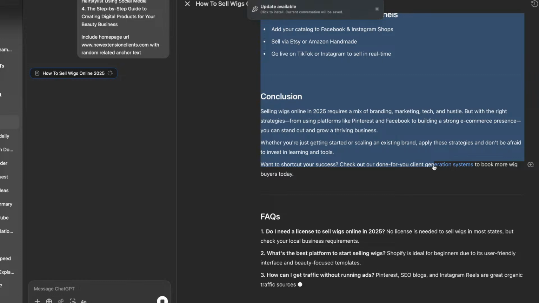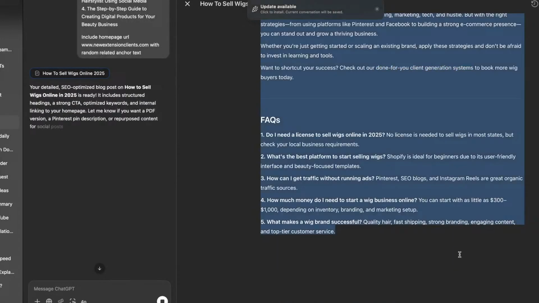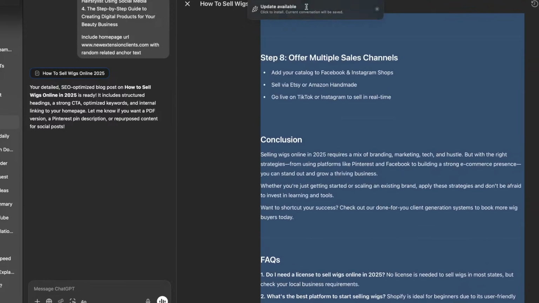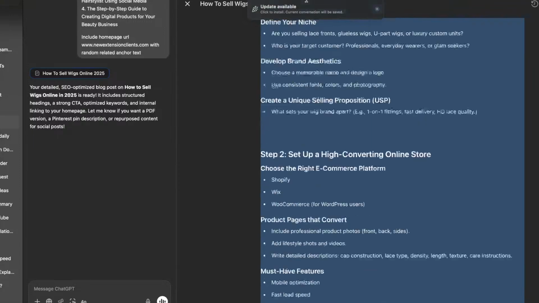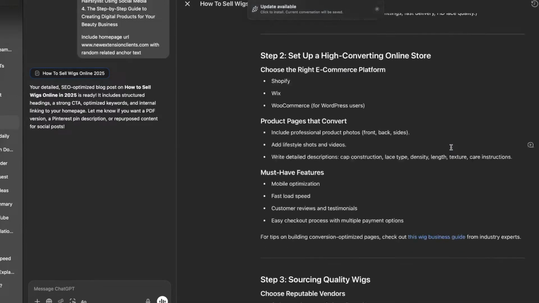Now, ideally, I forgot what I was about to say. I think I was going to say something about the URL. No, it won't copy. So it looked like it didn't remember. I don't know if y'all remember in the prompt we said, "Hey, include a link to our homepage," but it looks like it's putting